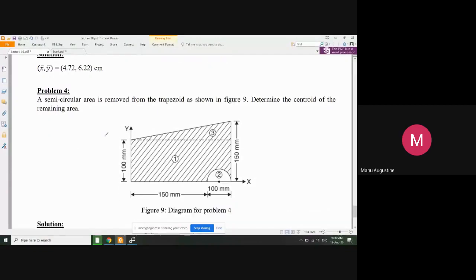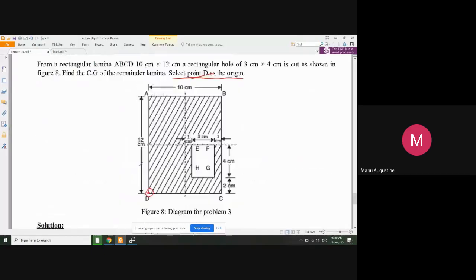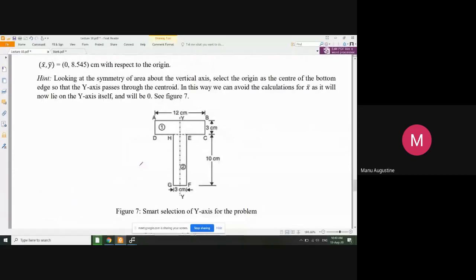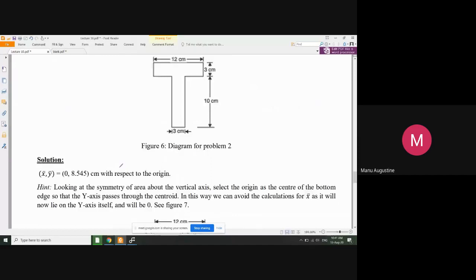सिमिलरली यहां पर देखो, इसके अंदर कहीं पर भी ये नहीं दिया हुआ कि ओरिजिन क्या लेना है, but look at the figure. Do you see the y axis and do you see the x axis? तो x और y जब आपको ड्रॉ करके दिया हुआ है तो ये ऑटोमेटिकली तय हो गया कि इन दोनों का जो मीटिंग पॉइंट होगा ये ही ओरिजिन होना चाहिए। तो कुछ केसेस में आपको ओरिजिन की लोकेशन हिंट के तौर पे या साफ साफ तौर पे बता दिया जाएगा, लेकिन कुछ केसेस में जैसे कि इस टी सेक्शन में कुछ भी नहीं दिया जाएगा, तो उस केस में आपको ओरिजिन सेलेक्ट करना है।